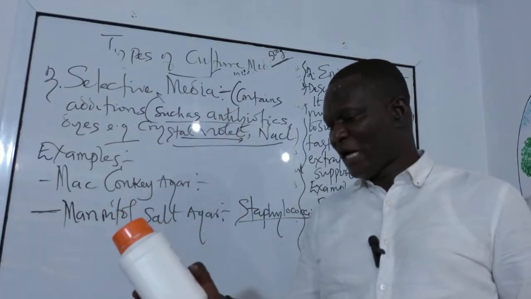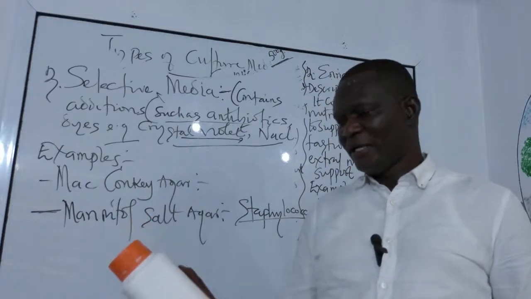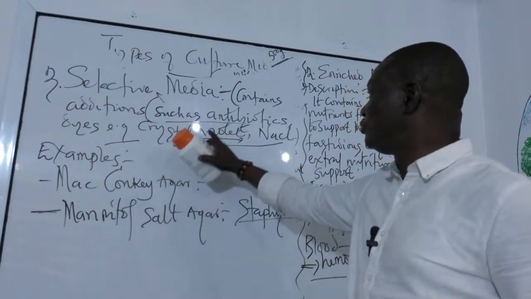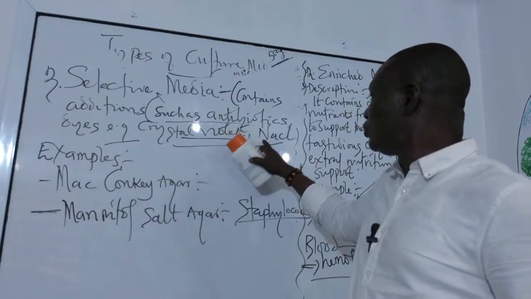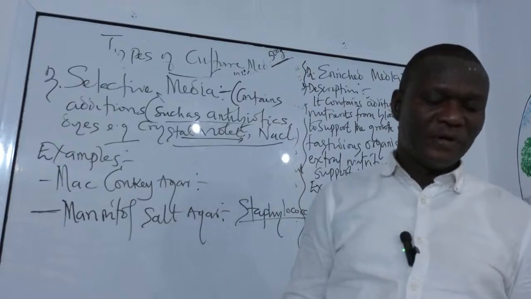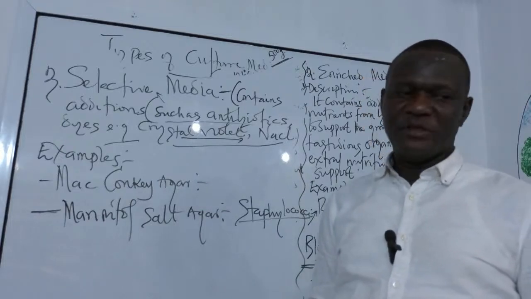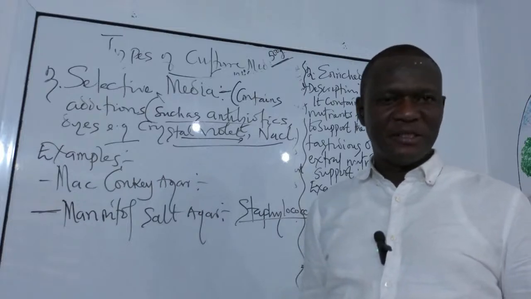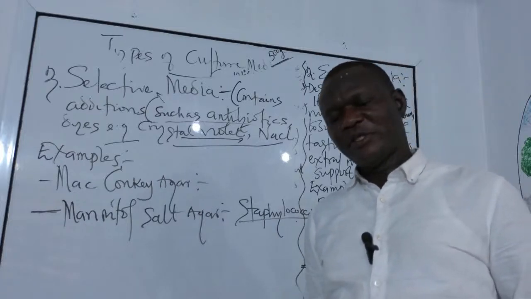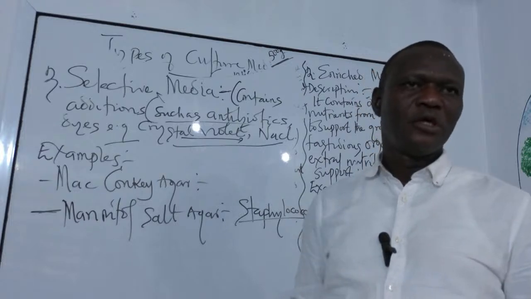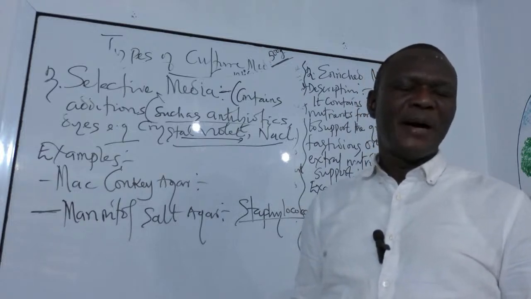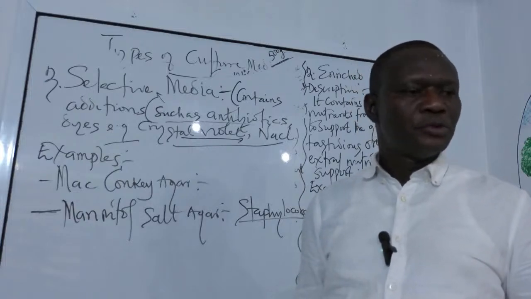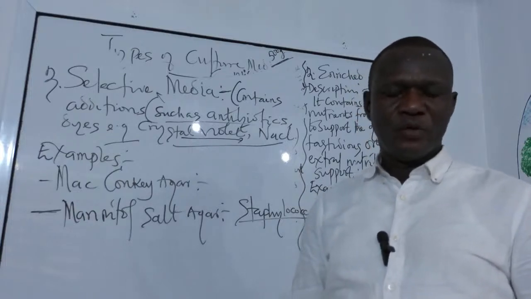And let me just read out some of the ingredients there. The ingredient has sodium chloride. I told you, sodium chloride. So this one will prevent the growth of gram-positive, and that's the reason why, when we get to preservation techniques, you see that if you don't want bacteria to grow on your iru or your meat, what you do is